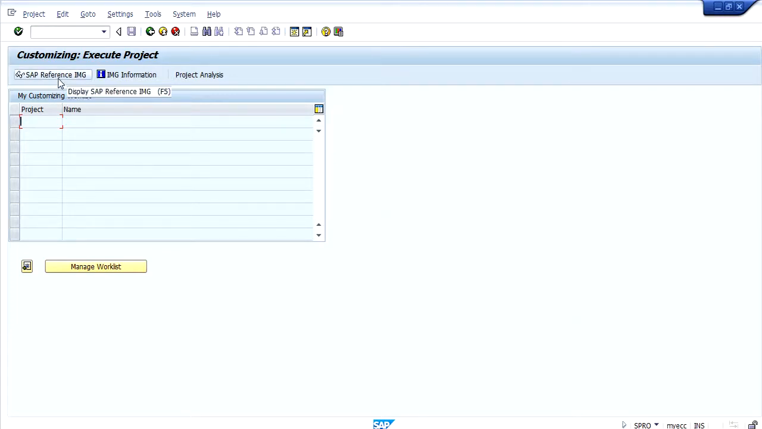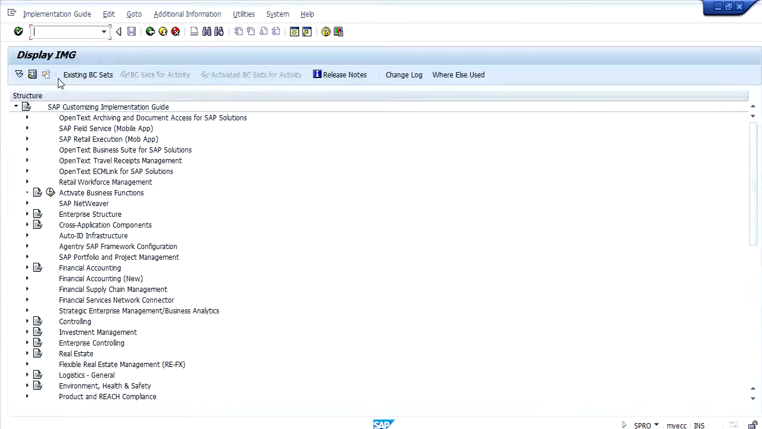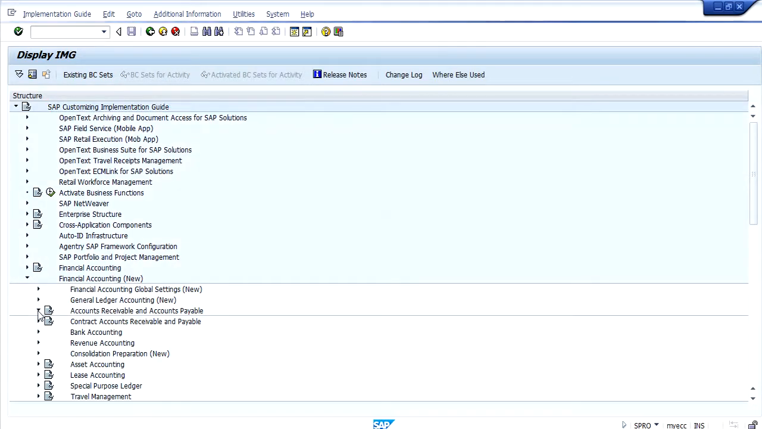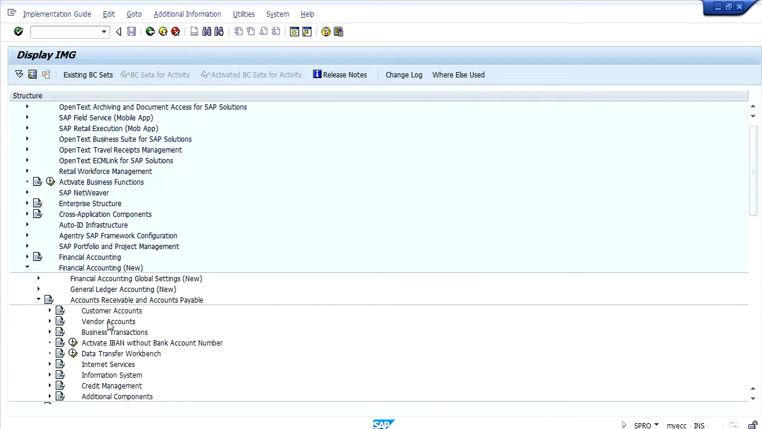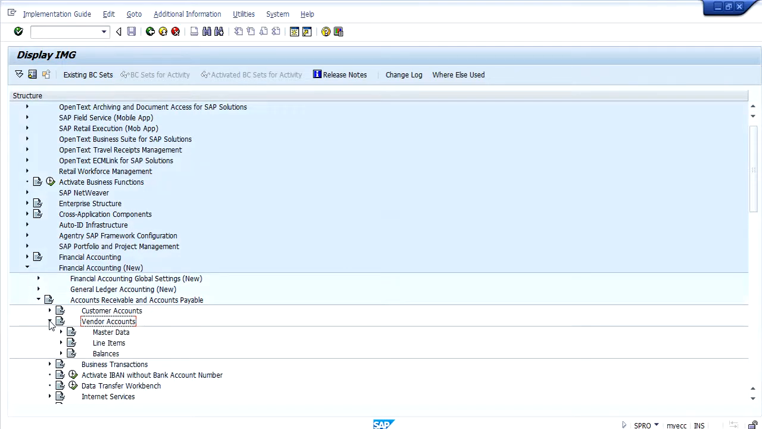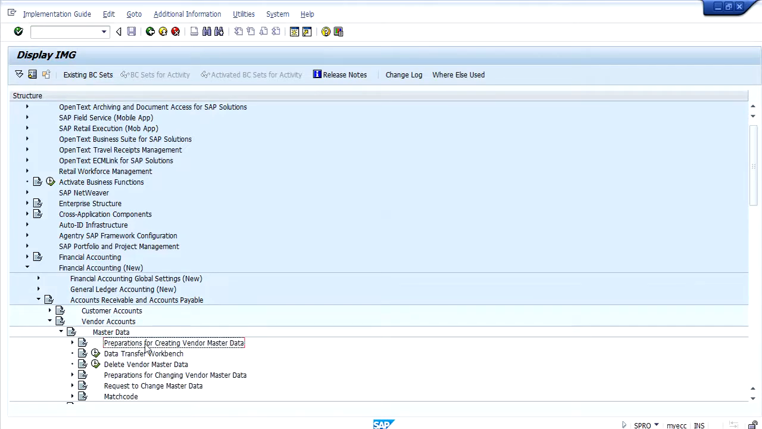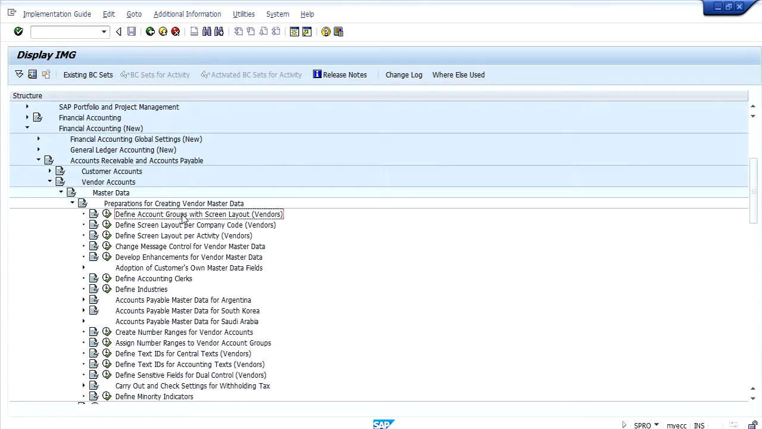So firstly, in order to configure vendor master settings like configuring vendor group, a number range, and the field settings, one has to go to SPRO, IMG, financial accounting new, accounts receivable and accounts payable, vendor accounts, master data, preparations for creating vendor master data. So firstly,